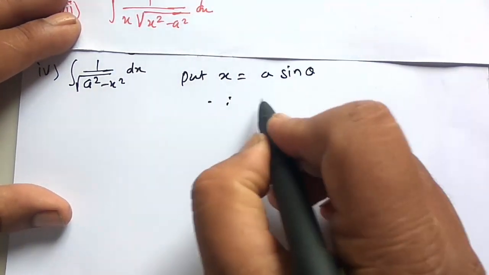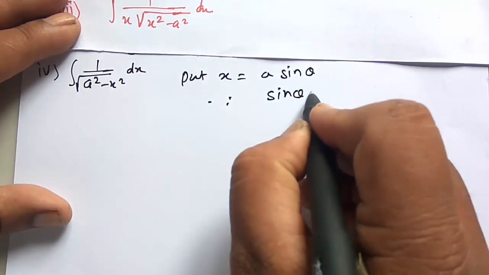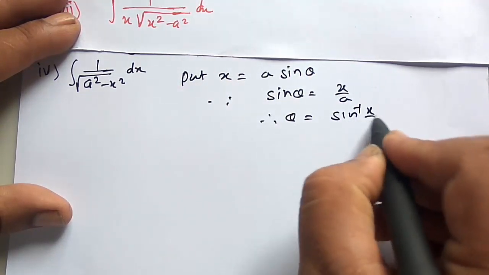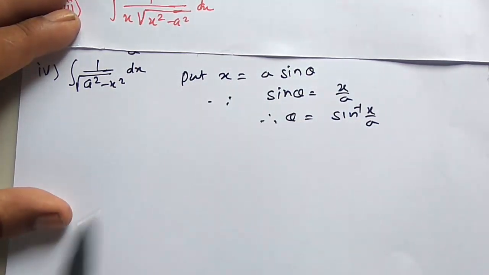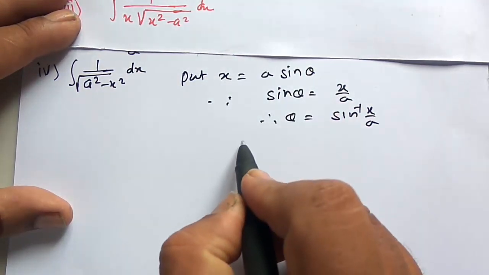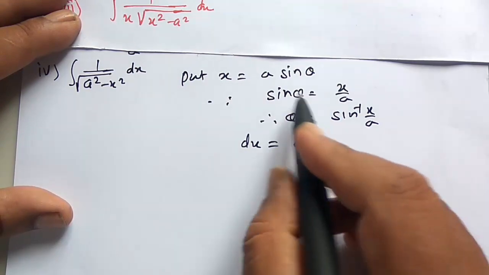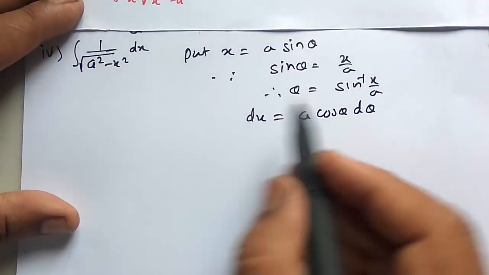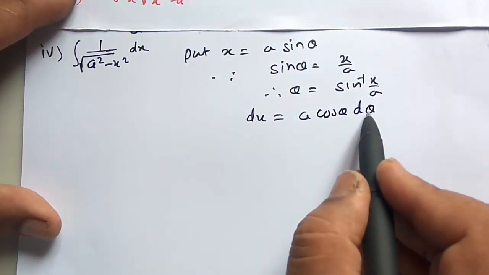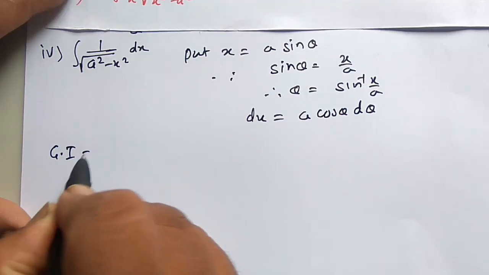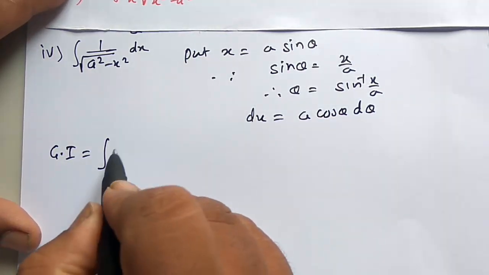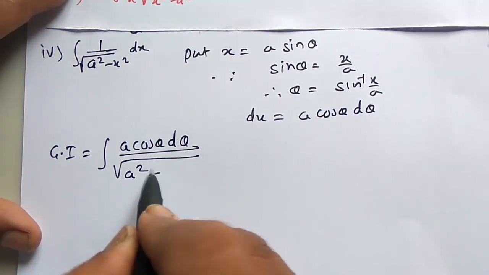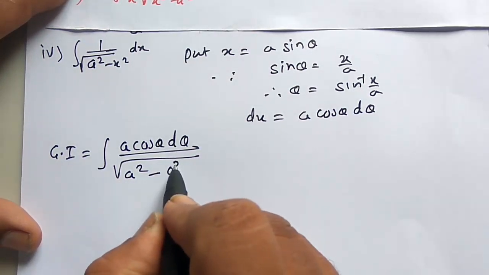Therefore, sin theta is equal to x upon a, and therefore theta is equal to sin inverse of x upon a. Now, differentiating x with respect to theta, dx is equal to a, derivative of sin is cos theta d theta. So we replace dx by a cos theta d theta. Therefore, the given integration is equal to a cos theta d theta upon under root of a square minus x square,